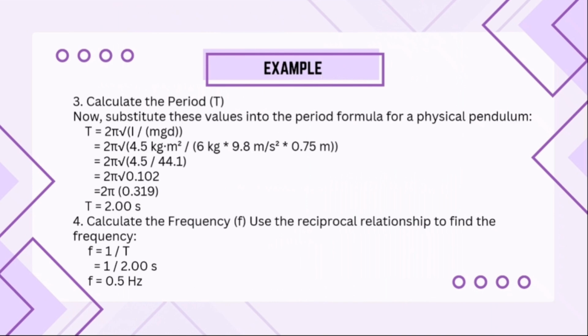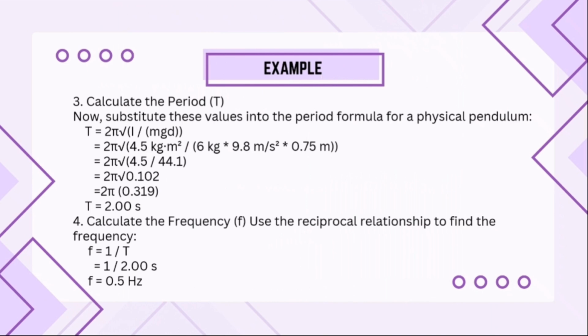Now substitute these values into the period formula for a physical pendulum. T equals 2 pi square root of I over mgd equals 2 pi square root of 4.5 kg m squared over 6 kg times 9.8 meters per second squared times 0.75, equals 2 pi square root of 4.5 over the answer of 6 times 9.8 times 0.75, which is 44.1, equals 2 pi square root, and the answer of 4.5 divided by 44.1 is equal to